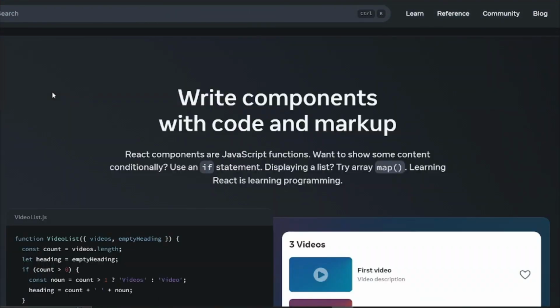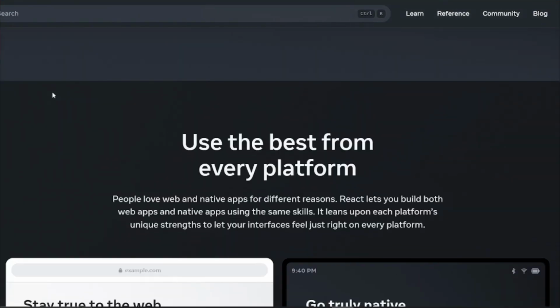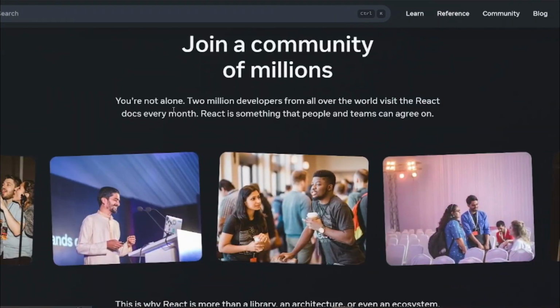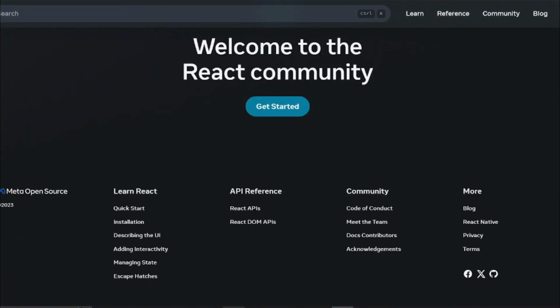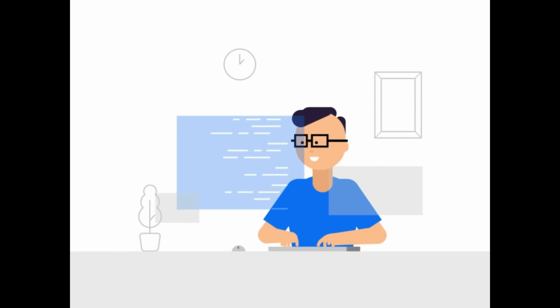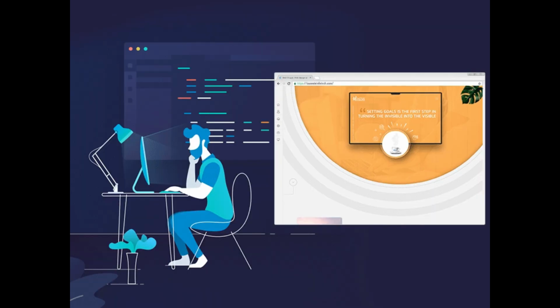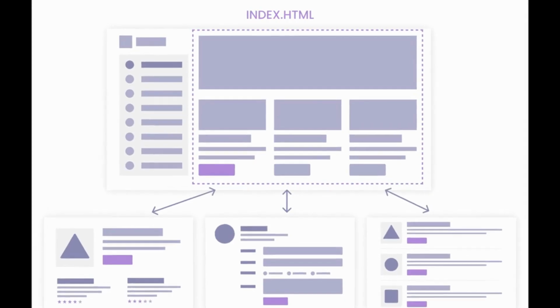Speaking of companies, React is a favorite among tech giants and startups alike. Its flexibility and performance have made it the go-to choice for companies of all sizes. Whether you are building a small website or a complex web app, React's got you covered in all those